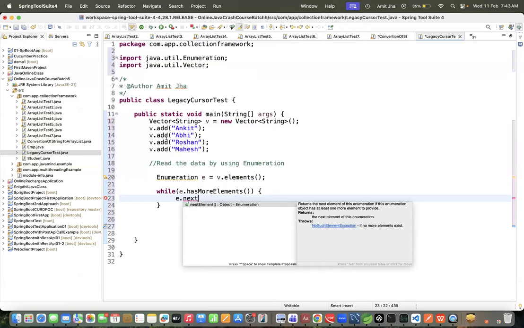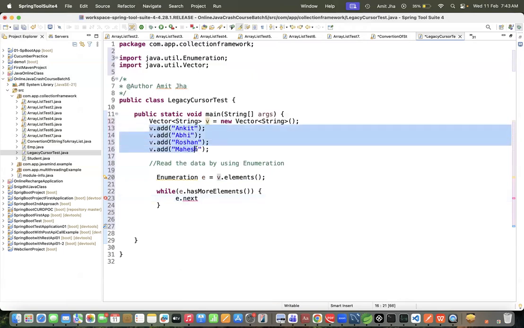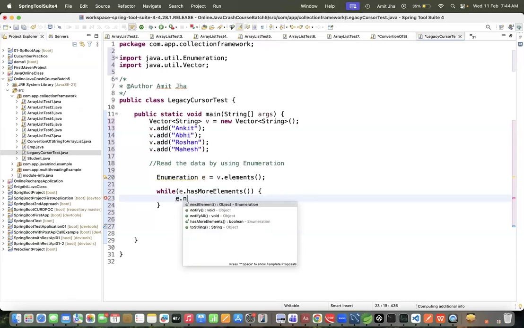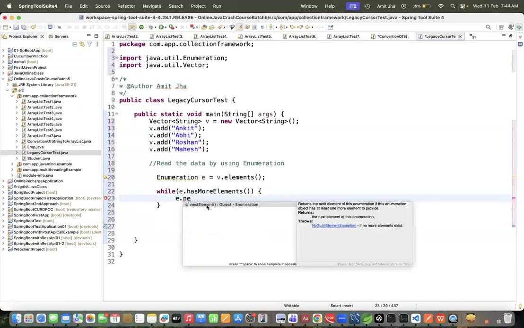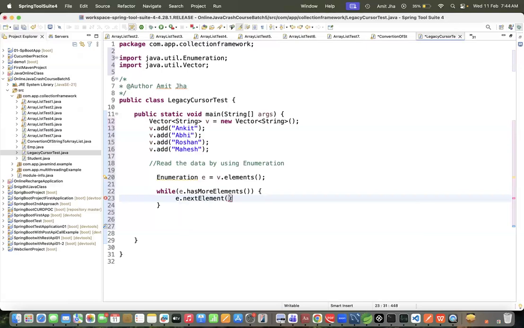If you don't have any data, this will be false. But as of now we have four objects in this variable e. So e dot nextElement is the method used to read data.